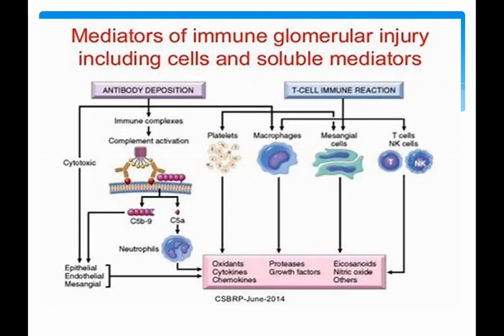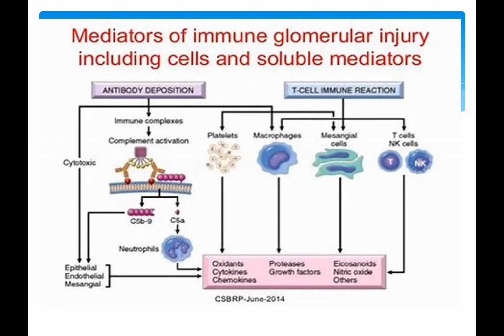You also have the macrophages and T lymphocytes. These are infiltrating the glomeruli in antibody and cell-mediated reaction. When activated, they will also release a variety of biologically active molecules. The platelets may aggregate in the glomerulus, and these release eicosanoids, growth factors, and other mediators, which may again further compromise vascular injury and proliferation of glomerular cells.